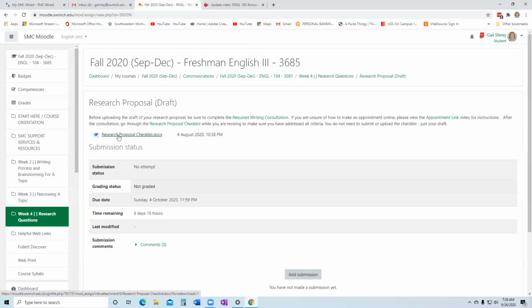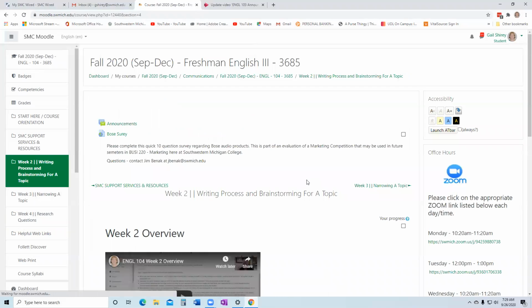Within this proposal, there are 4 criteria you need to meet, 4 headings. I want you to bold them, and then you need to have the information contained within. You can go back and take a look at the original instructions for this. I believe they were in week 2.